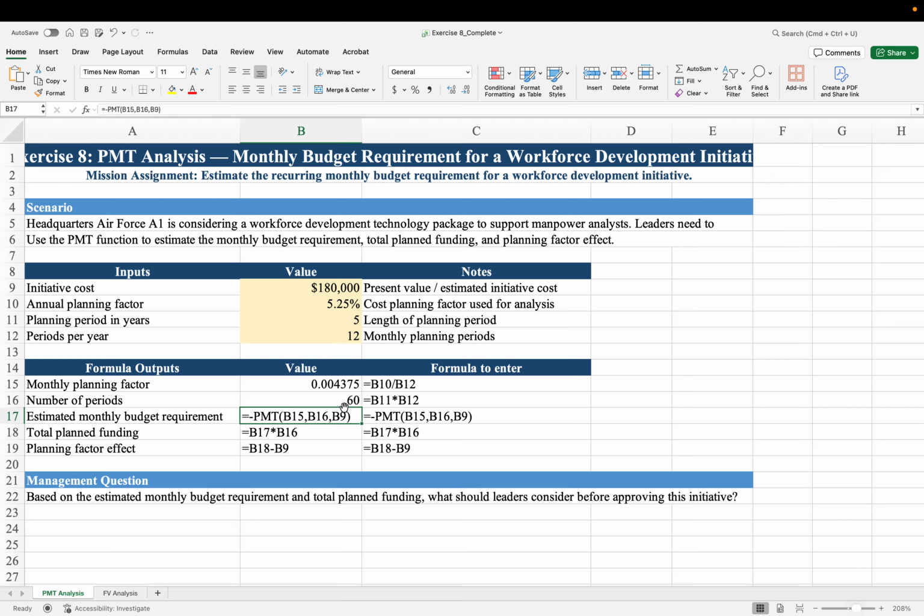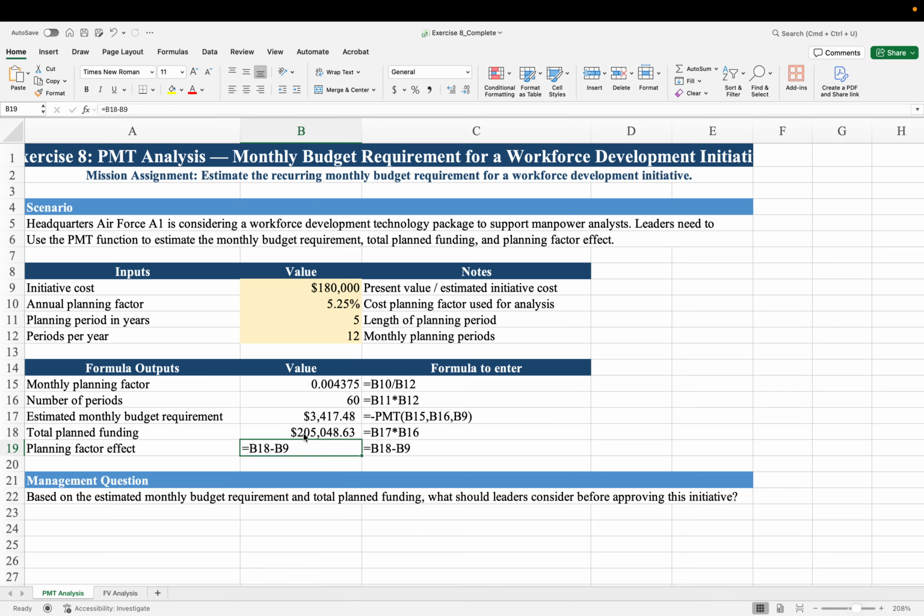The monthly budget requirement is the amount we will pay every month for this $180,000 initiative over the course of 5 years. So it takes the monthly planning factor times the number of periods times the total initiative cost, and we get a monthly cost of $3,417.48. So the total planned funding takes the estimated budget requirement